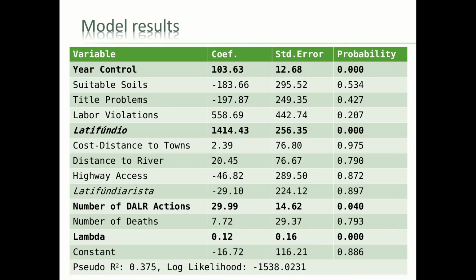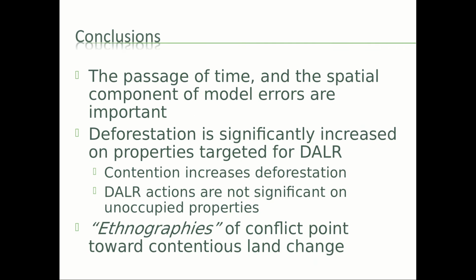And what we see here is that bigger than average properties tend to have bigger than average deforestation. With the passage of time, about 100 hectares of forest a year, so that's 200 acres of forest, goes away each year. And then for each conflict event, essentially, we have 30 hectares of forest loss. In other words, at a statistically and practically significant level, land conflict and land change, or deforestation, are associated.